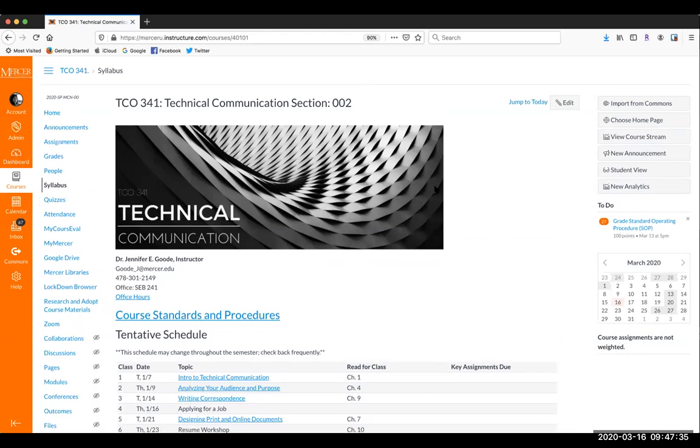I encourage you not to load your content directly to the homepage of your course, but rather to use it as a landing page that links to other content. And we're going to talk a little bit about that in just a few moments. The right-hand side of your page shows course links, your to-do items, your course calendar, and course weights if your